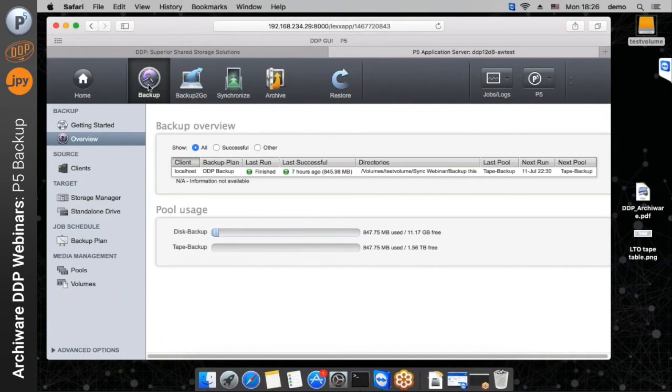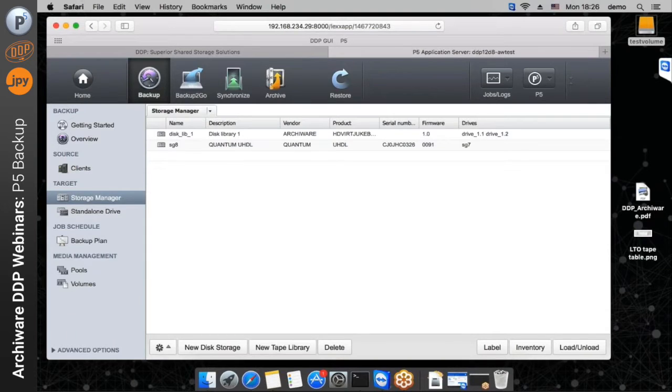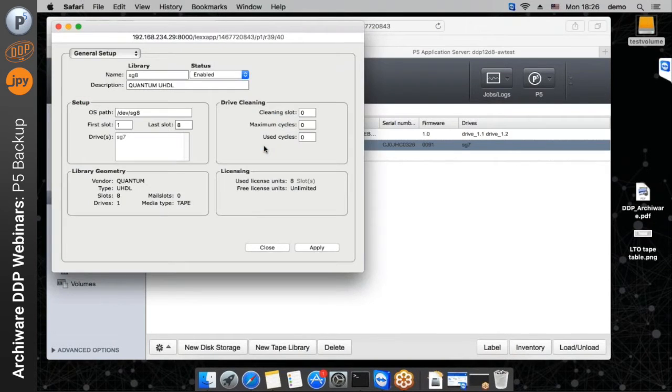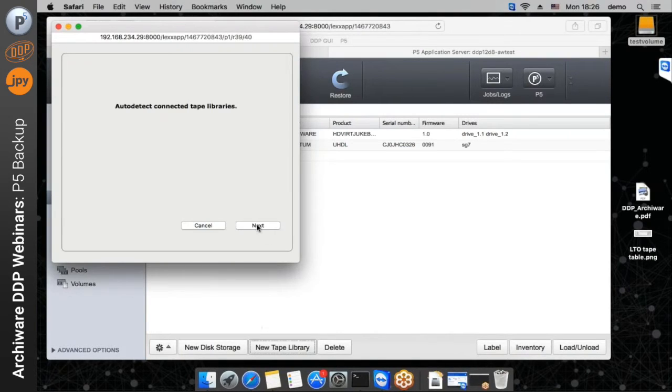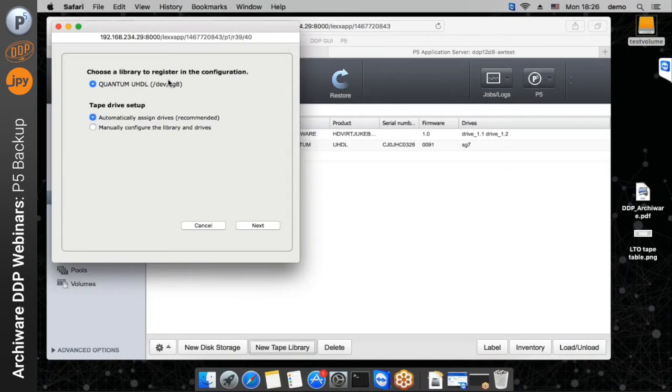All I'm using here is the installed P5 with an additional license for some slots, because what we're doing here is we're driving a Quantum 8 slots small, in this case LTO-5 tape library with 8 slots. This is already added, but to add a tape library to Archiware, you simply click on New Tape Library, say Next, and we automatically locate and list all of the tape hardware that's attached to the PC, to the Mac, to the Linux machine, to the DDP,